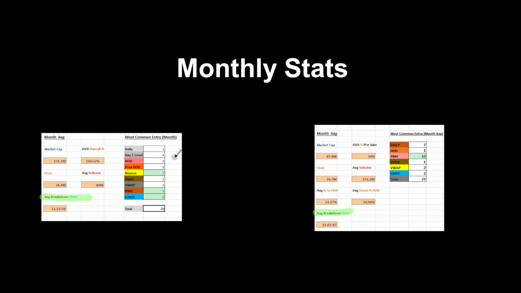And some of the entries have been changing as well, which has been very interesting, because this strategy is basically a day two strategy. Normally day one levels work amazingly. Recently they have not been working really at all, and most of the time you want to actually look for a bounce when backside kind of comes in or something like that.